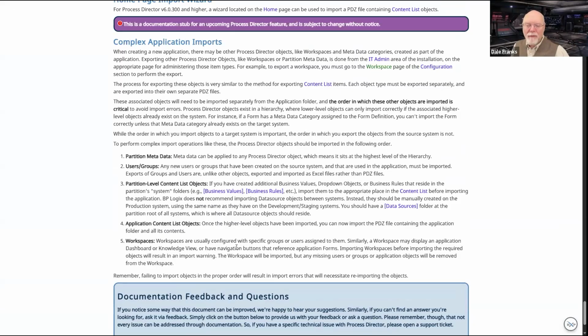Basically, metadata first, then users and groups, then your global content list objects, those that go at the root level of the partition, then your application, and finally, at the very end, any workspaces that you have created. So that import order is really important.